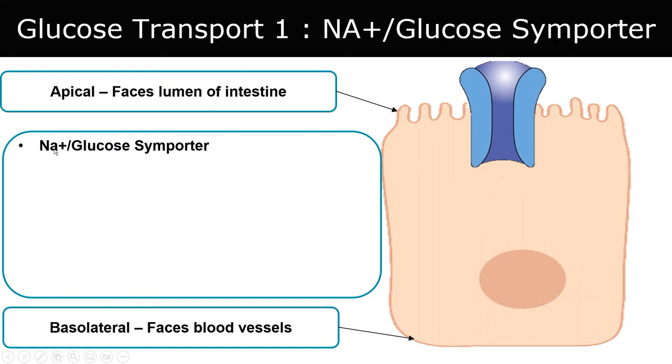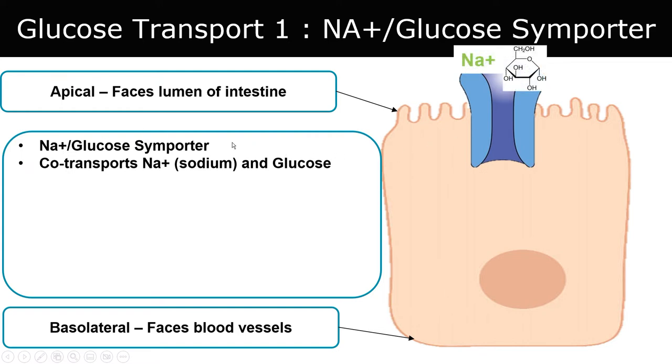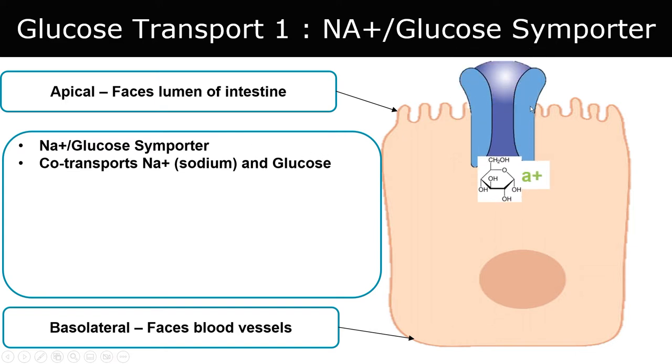And that happens through a sodium glucose symporter. It can also be called a transporter. And how this is working is it's using the energy of a gradient of sodium to move glucose. And this is a symporter, a co-transporter, meaning that sodium and glucose only travel together. You might know some of this from your Gatorade, right? Gatorade has both salt and sugar,